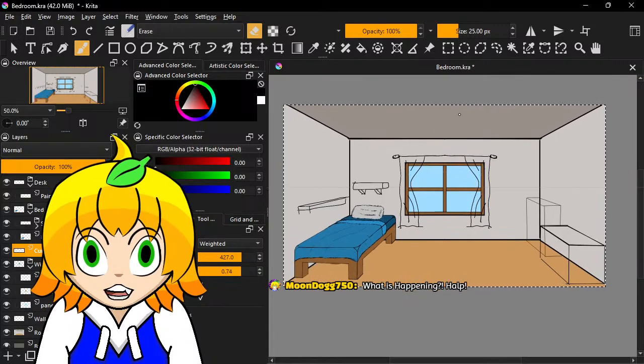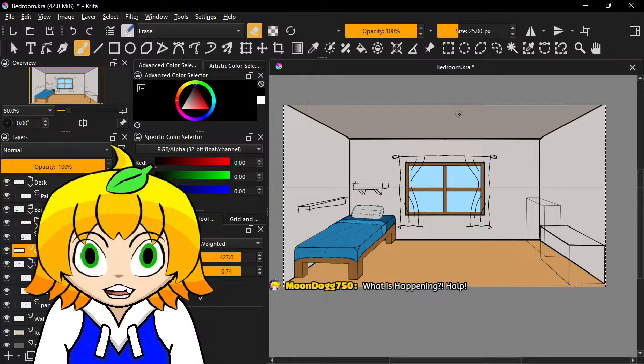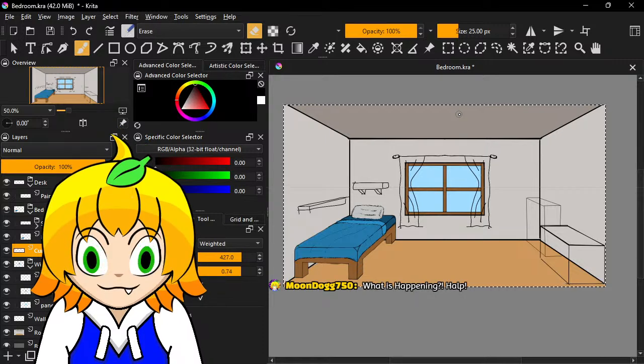A bedroom. And the reason I want the bedroom scene is the tomboy childhood friend.